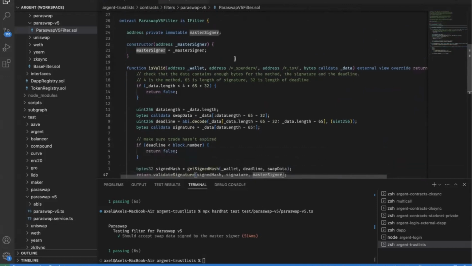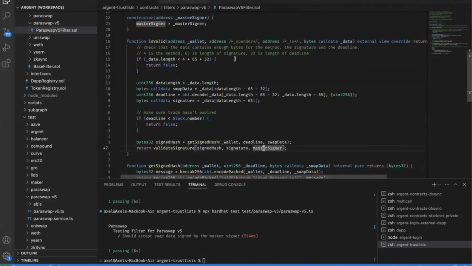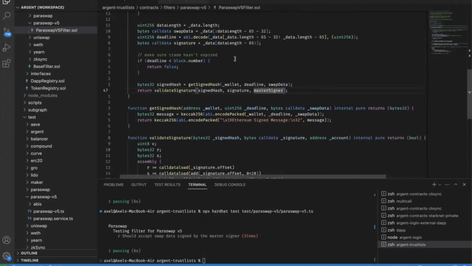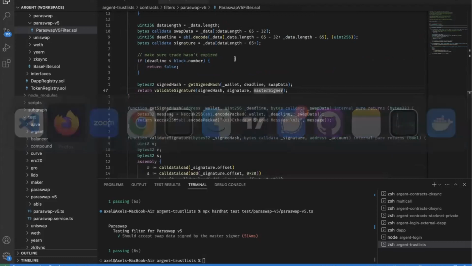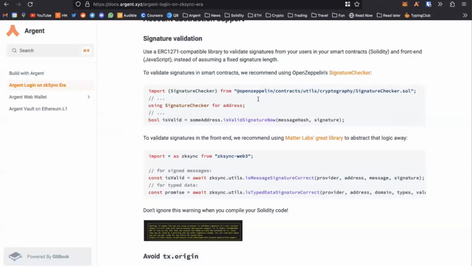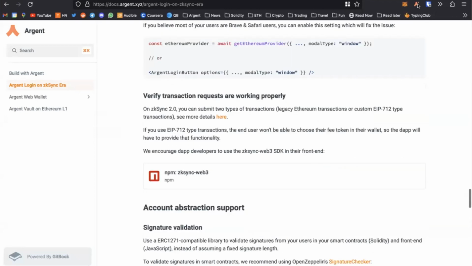Assume this is some kind of vault, and multiple people have to agree to do this swap or something like that. So we're going to edit this code, we're going to update it to make it work with EIP 1271. It turns out OpenZeppelin provides a great library for doing this.